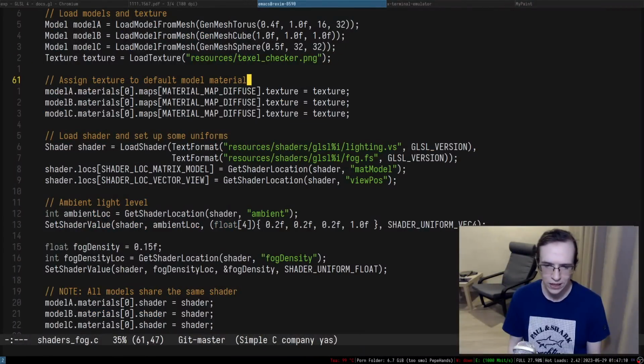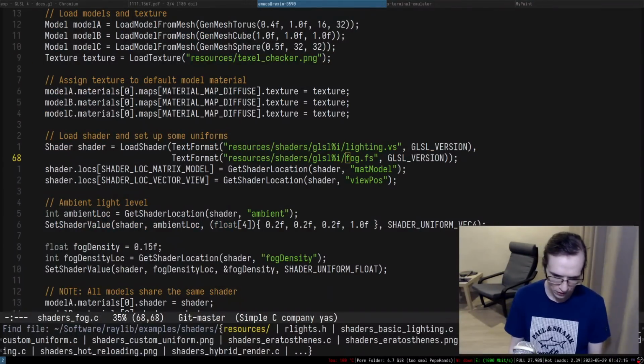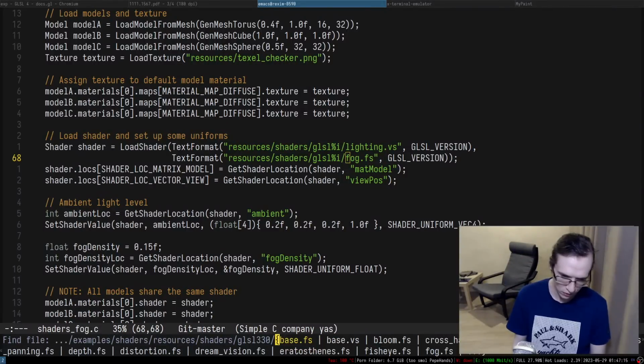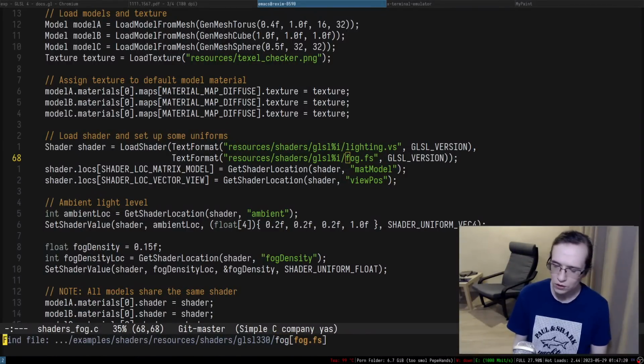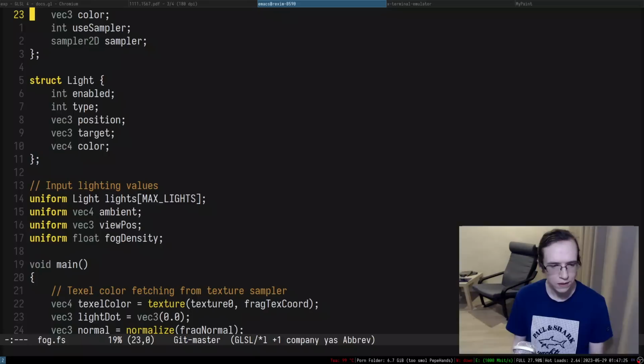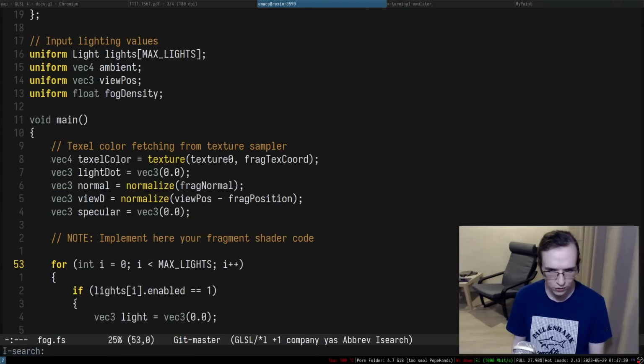All right, so we have a fog, and let me take a look at the fragment shaders. So this is the shaders, GLSL, fog. There's a light, there's this kind of stuff, so the texture, so we're just using,